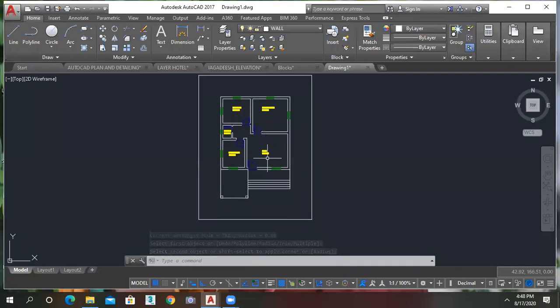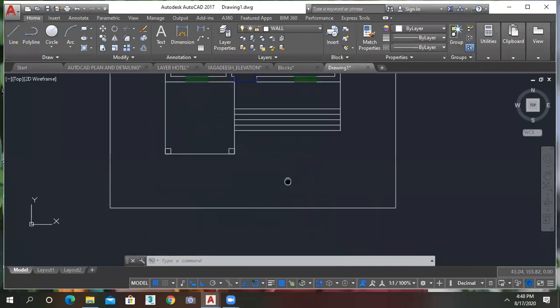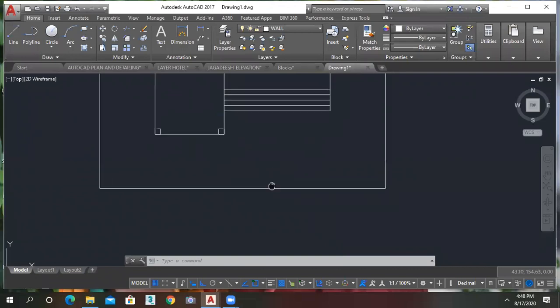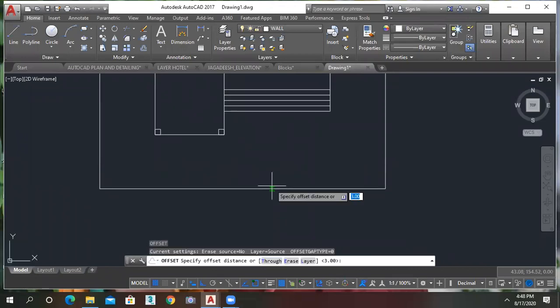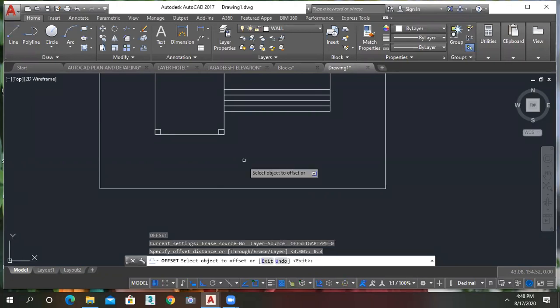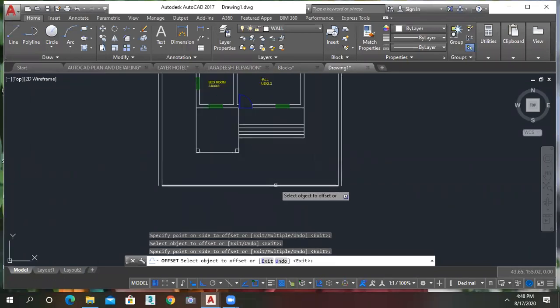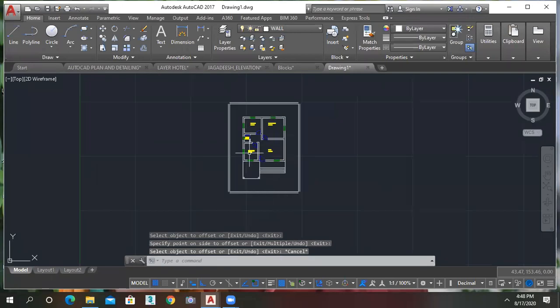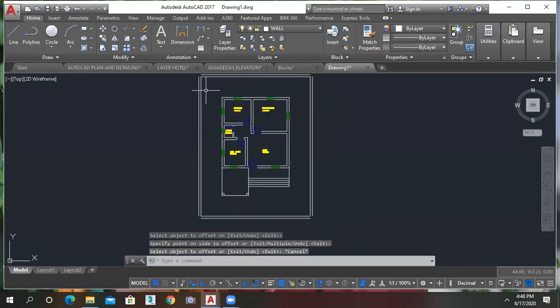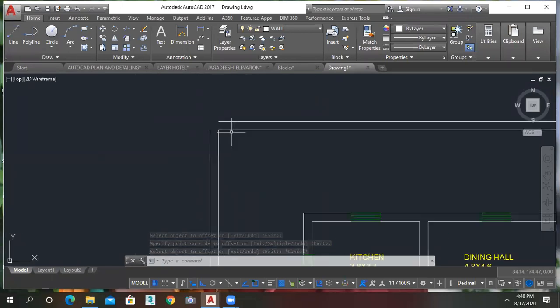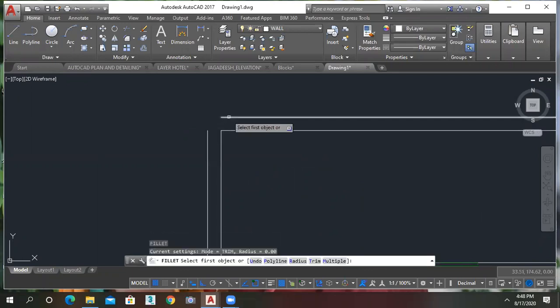And if I want to show one more tiles and all, for entry purpose and all, just give the thickness for the compound wall also. What is the compound wall thickness? 0.3, or sometimes it may be 0.15. Same thickness. Or else you can use the rectangle also. If you know the proper dimension, then you go for the rectangle.